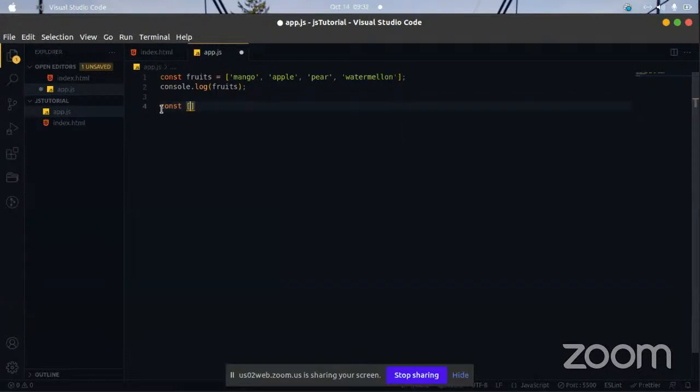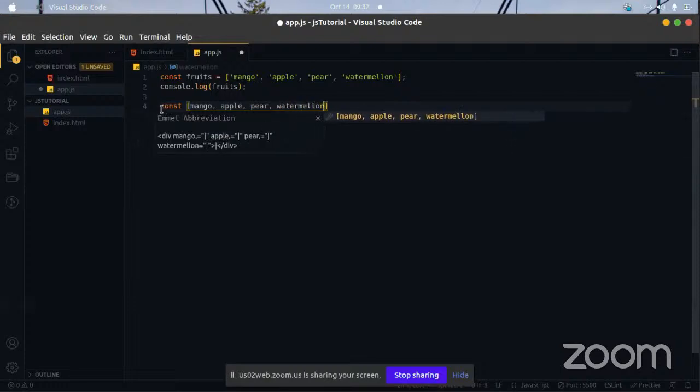So we could say mango, but this time we don't put any strings, any quotes. Apple, and then pear, and then watermelon, and put it equal to the fruits array, which is this.